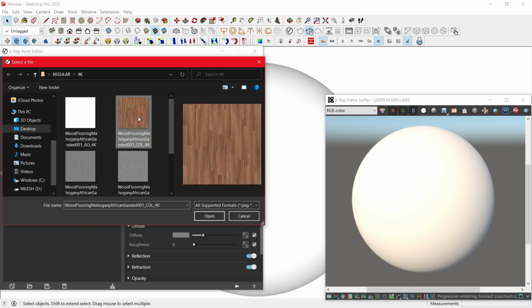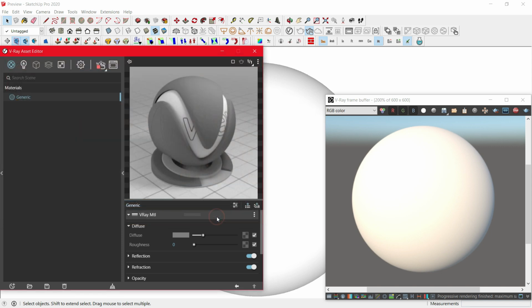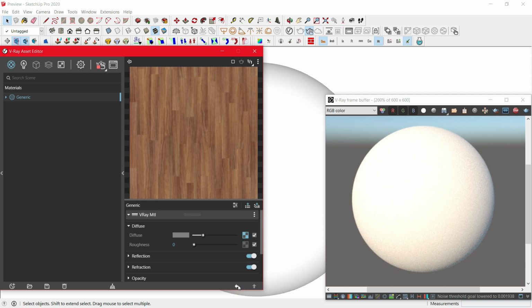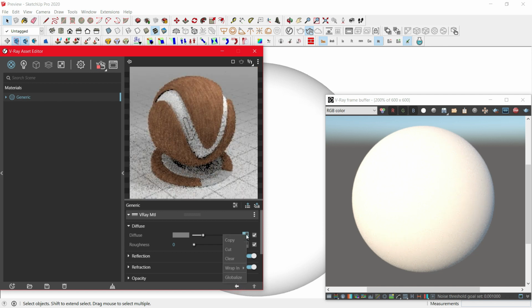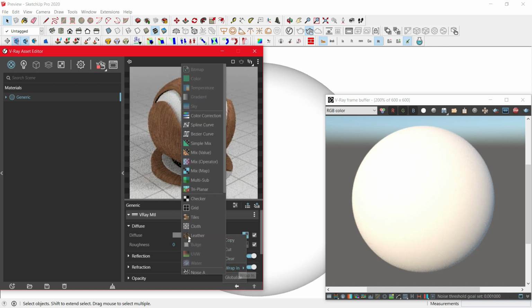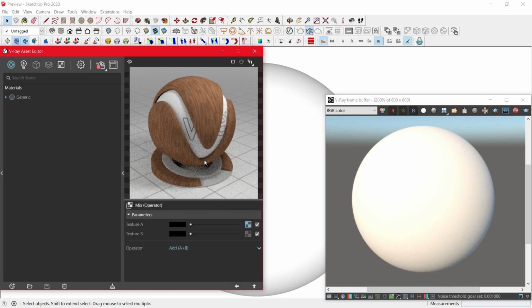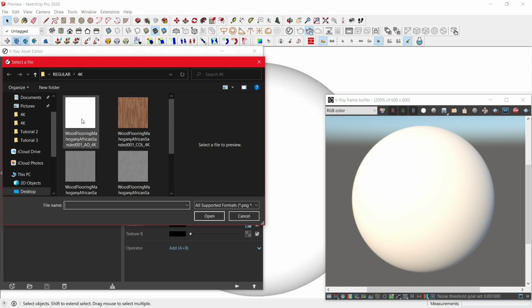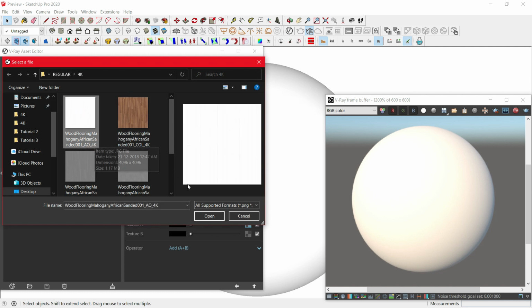You just click on the color map and open it. Now head back, right click on diffuse, click on wrap in and then click on mix operator. Once you're done, we will be able to see texture A and B.